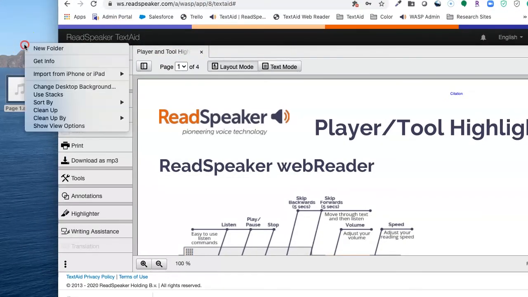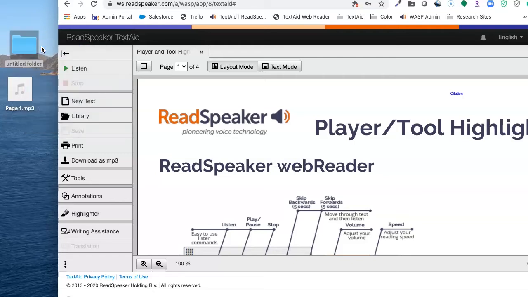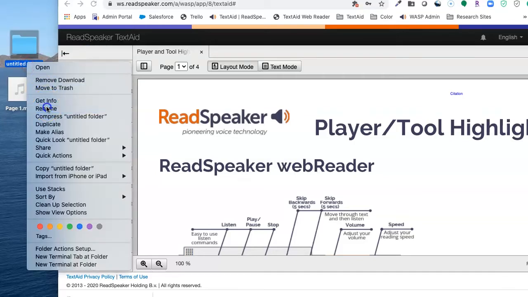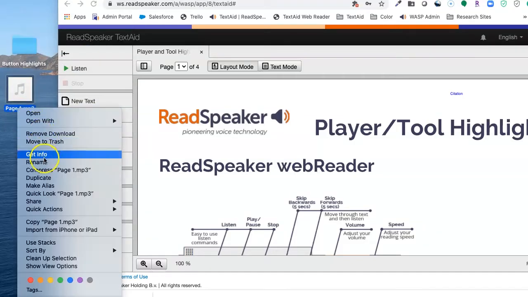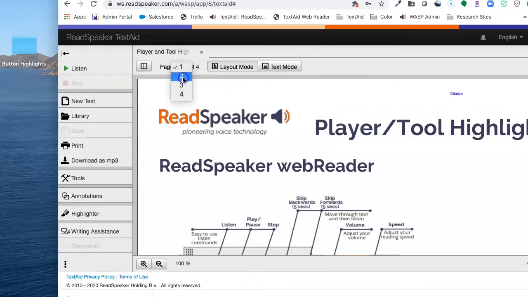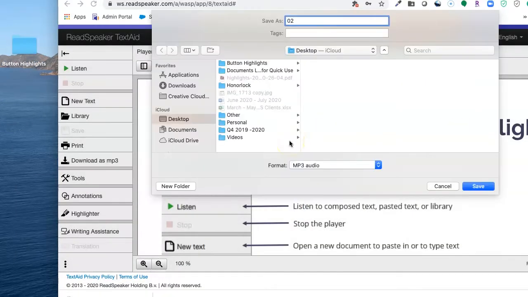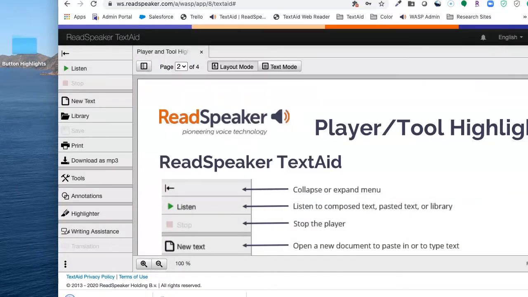If your file is multiple pages, we suggest that you make a folder that uses the document name as the folder name. Name the first downloaded page as 01. When you download the second page, name it 02. Continue naming the pages in the same manner, so that the tracks will set up correctly on your MP3 player.